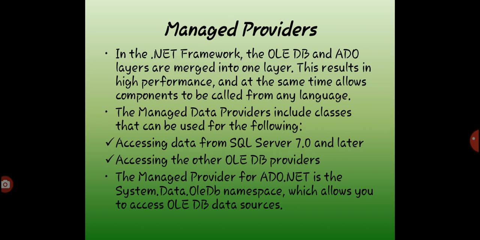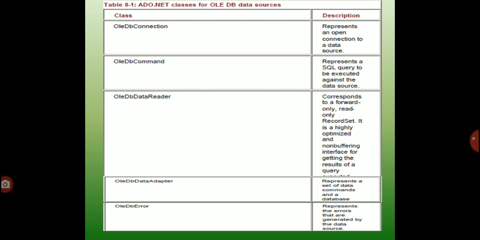Then about providers. For note's sake, I put all these things. You have to understand there are only two providers for .NET. One is SQL Client, another one is OLEDB. SQL Client is the provider you use when you create your database on SQL Server. And OLEDB is the provider you use if you create your database on MS Access. When you see the coding, you will understand. And these are the